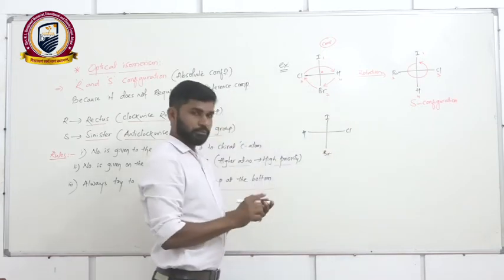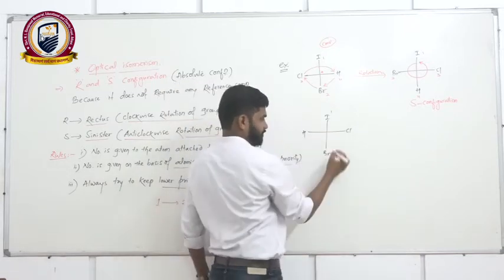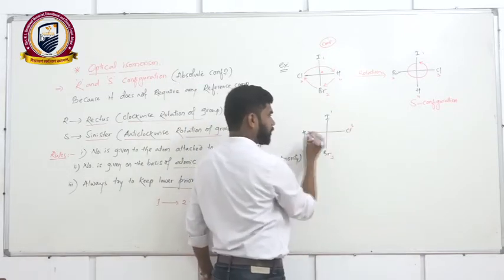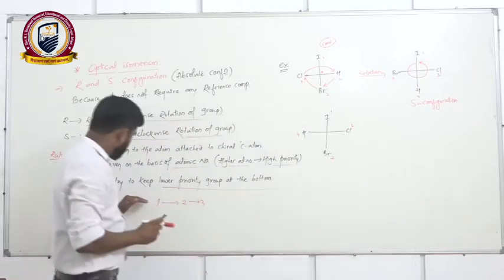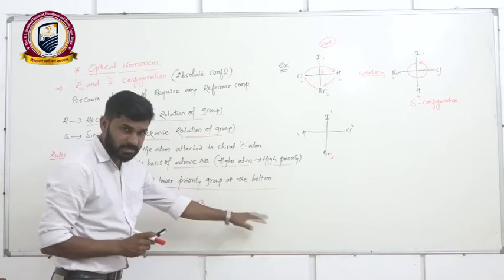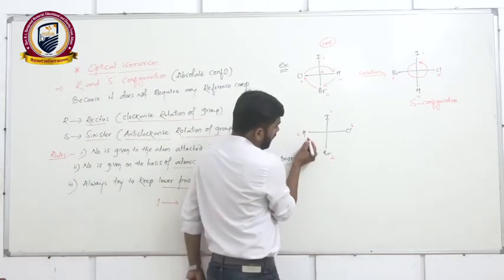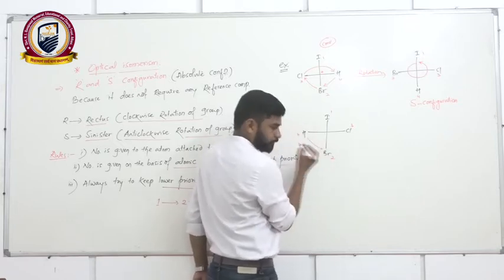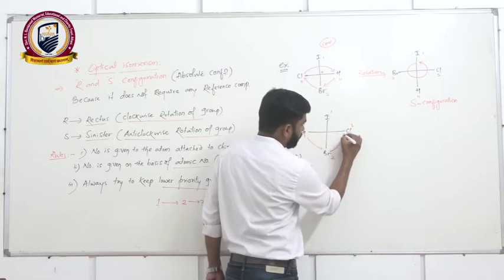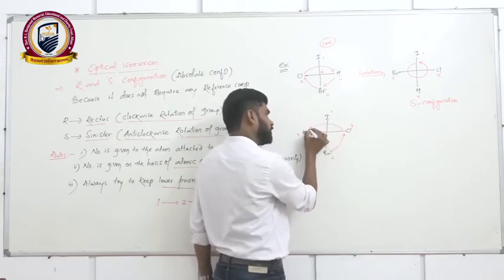Similarly, if I go for another compound, the same compound, I will draw it a different way. So look at this compound. So give the priorities. This is the first priority, second priority, third priority, fourth priority. Okay. So what do we have to do here? We have to bring the lower priority group to the bottom. So I'll make a clockwise rotation. I'll bring this hydrogen to the bottom, and I'll bring this bromine to the position of chlorine. I'll bring the chlorine to the position of hydrogen.